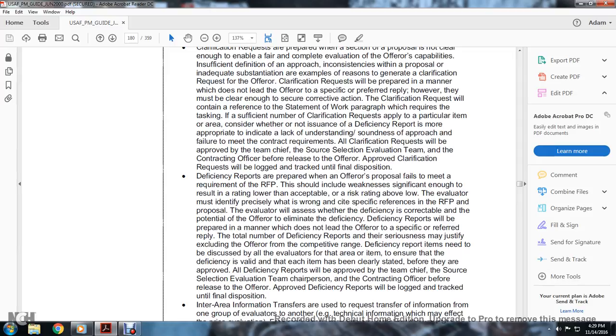the deficiency. The deficiency report will be prepared in a manner which does not exceed the offeror's specific reference to the reply in the total number of deficiency reports. The specific seriousness justifying excluding the offeror from the competitive range: deficiency report items need to be discussed and evaluated for the area of the item to ensure that the deficiency is validated each time an item has been stated